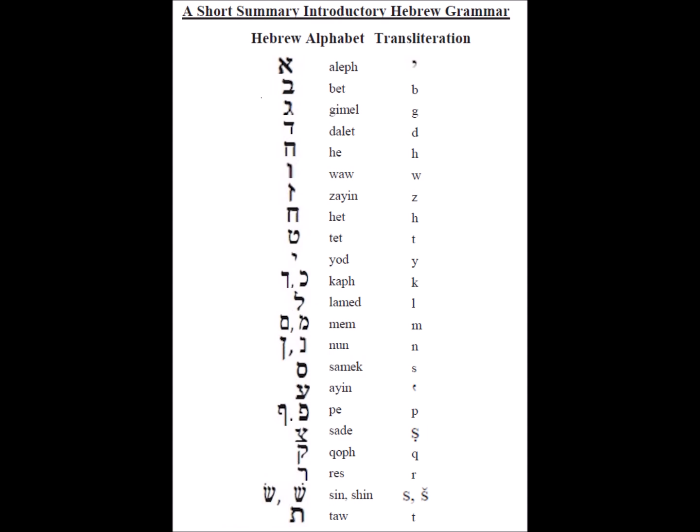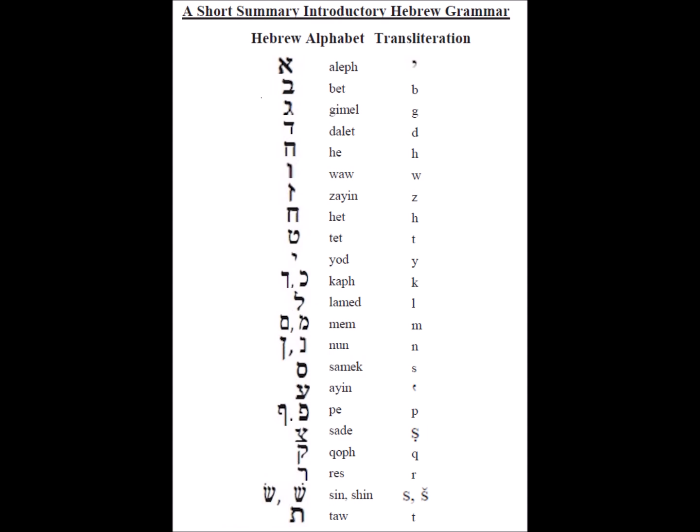a D, Hey, like an H, a Vav, like a W, Zayin, transliterated as a Z, Chet, with an H with a little dot under it in transliteration, Tet, like a T, followed by Yod, transliterated Y, Kaf, you have one in the middle of a word, or at the beginning of a word, I should say, and one at the end, a final Kaf, transliterated like a K, Lamed, like an L, Mem,